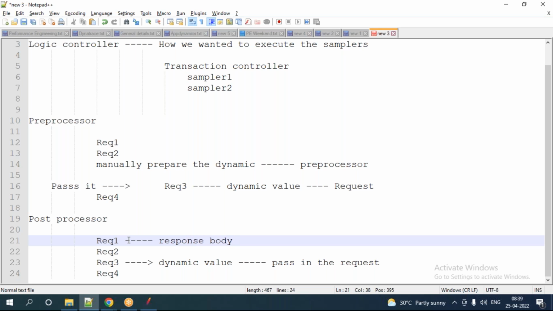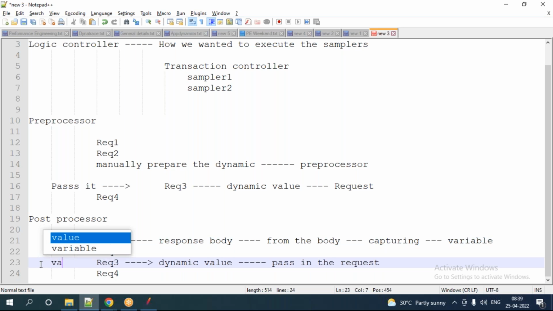If you capture it from the response body and store it into a variable, and that variable you are passing here,